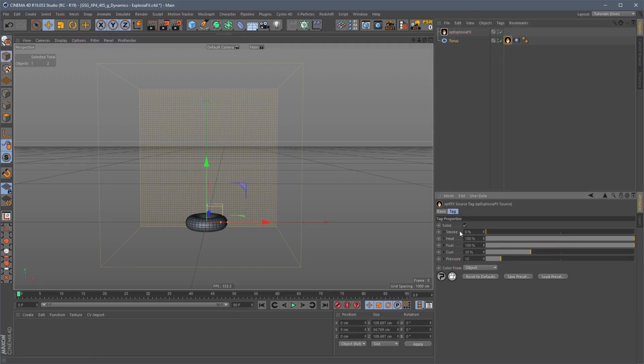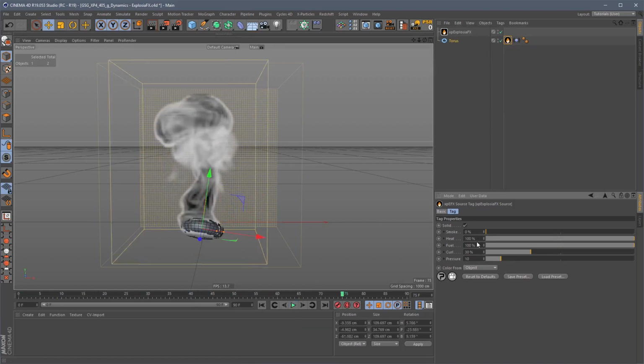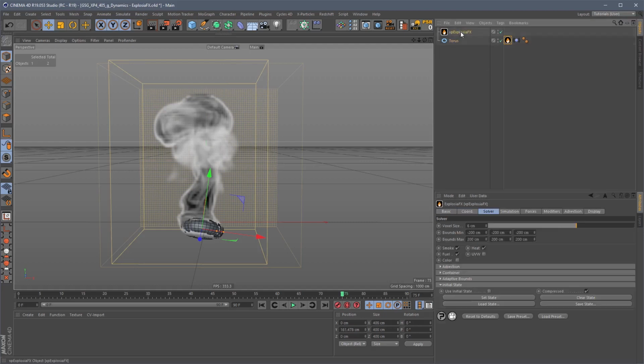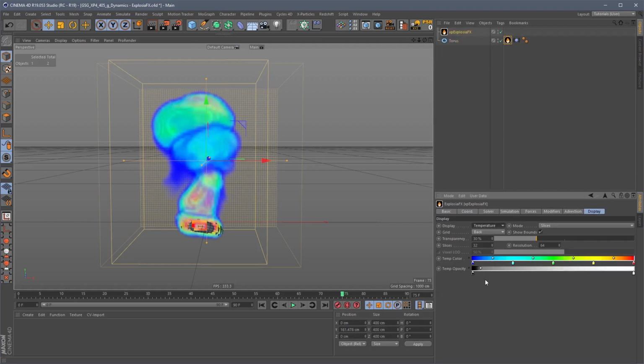Now you'll notice that smoke is at 0%, but when I press play, we can clearly see that there's smoke, or at least what is meant to be smoke, showing in the viewport. And that's because we're generating enough heat and there's enough fuel that it begins to burn. And when it burns, it produces the smoke channel. So if I go to our display tab and I click on temperature, that's our heat. And that's something that drives the vorticity, the velocity,